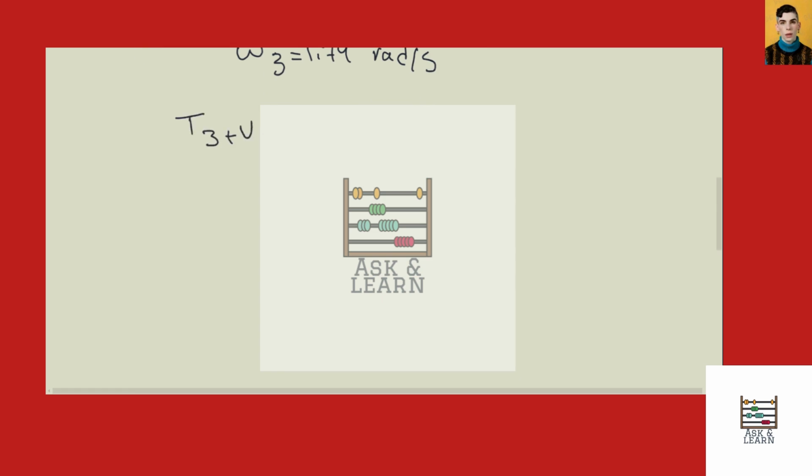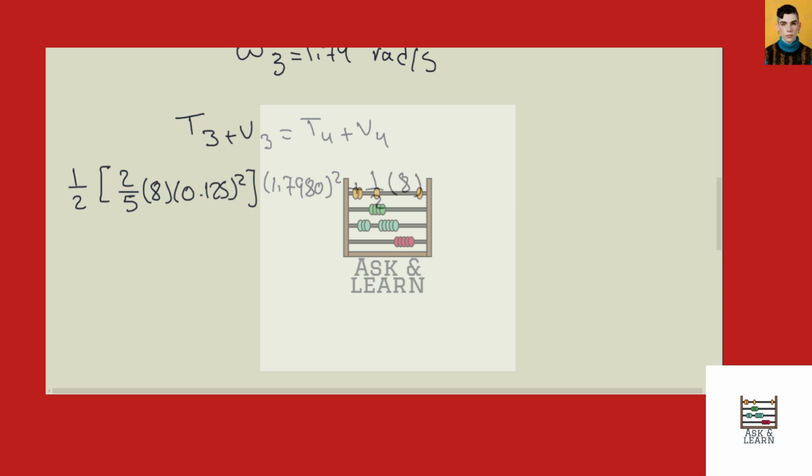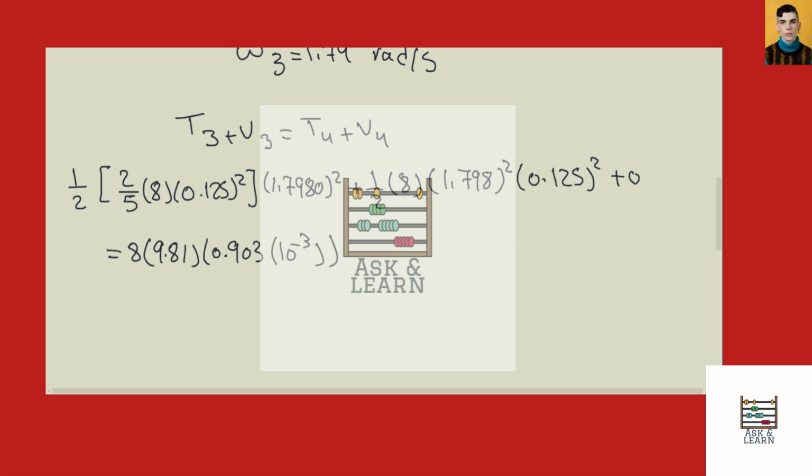T3 plus V3 equals T4 plus V4. So we have half times 2 over 5 times 8 multiplied by 0.125 squared multiplied by 1.798 squared, plus half times 8 multiplied by 1.798 squared multiplied by 0.125 squared, plus 0, equals 8 times 9.81 multiplied by 0.903 times 10 to the power negative 3, plus half